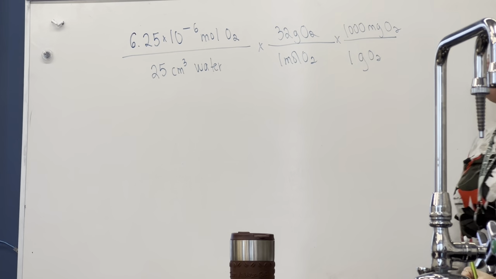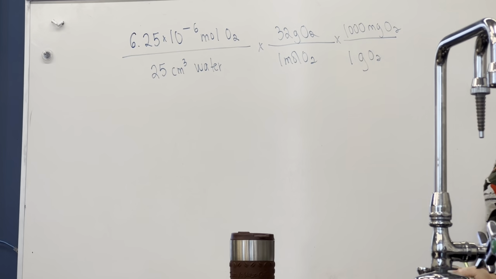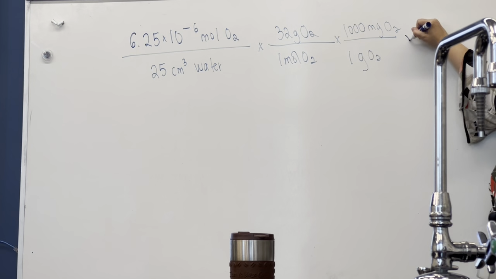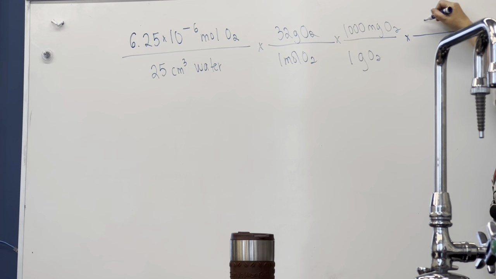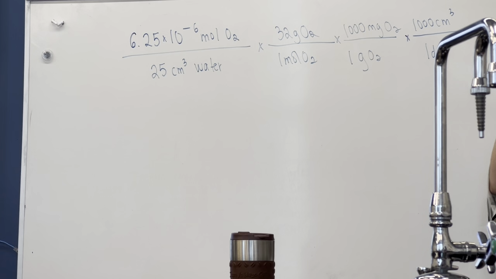I can get to the milligrams of oxygen first by converting moles to grams and then by converting grams to milligrams. Decimeters cubed, there are 1,000 centimeters cubed in a decimeter cubed. So if I multiply all of that out,